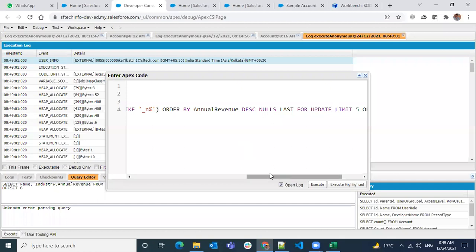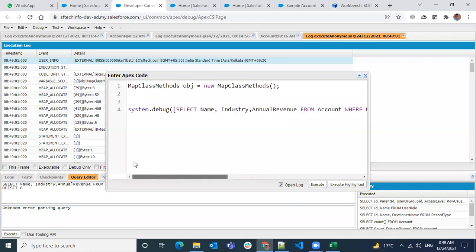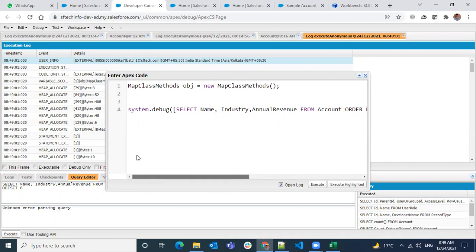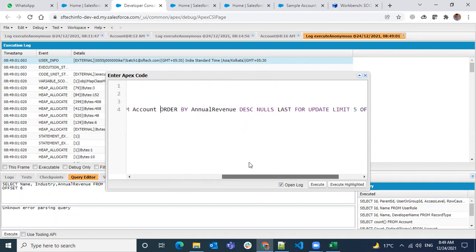Unexpected token. Okay, sorry. I'm just trying to see whether it's a syntax problem or it's not allowing it. I'm just trying to figure it out.